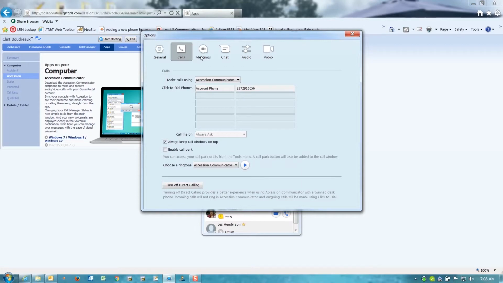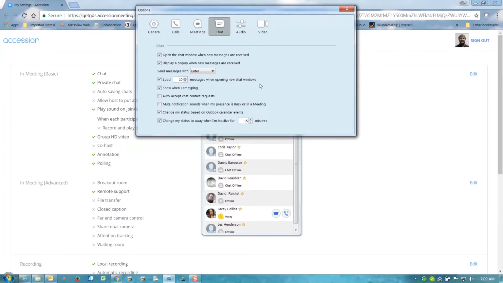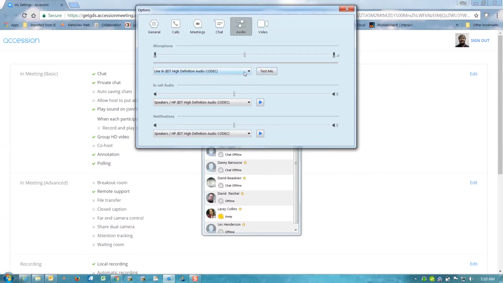Calls tab, Advanced Settings, some of the preferences you may want to go through and customize as you choose. Chat client. I personally,